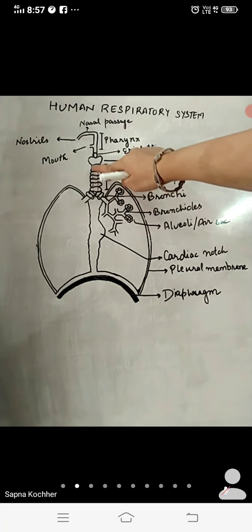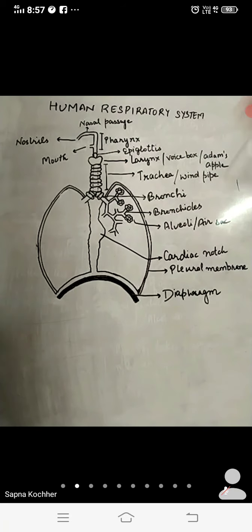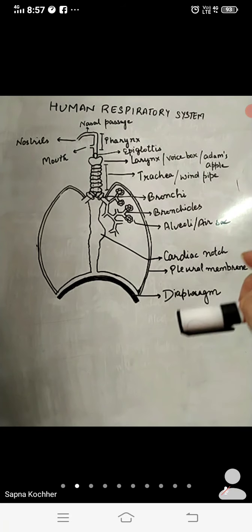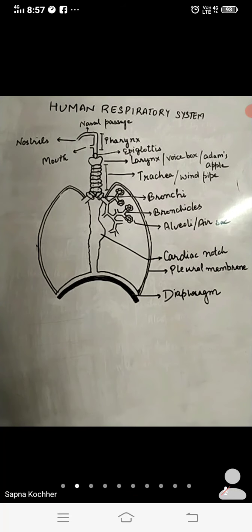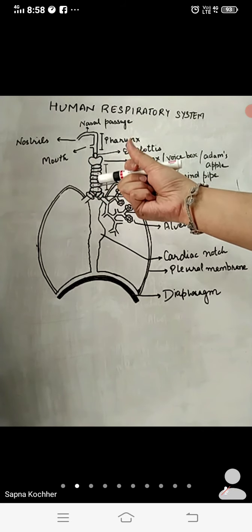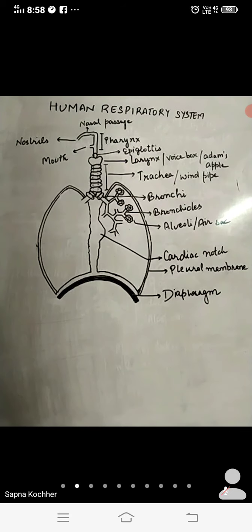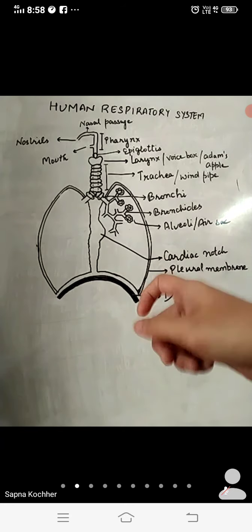Cartilaginous rings are these ring-like structures, which are actually made up of cartilage. In your 9th standard, you studied tissues, skeletal tissue, that is bone and cartilage. We have studied that cartilages are a bit softer than the bones. And being softer than the bones, these structures help in not sticking up of this trachea.